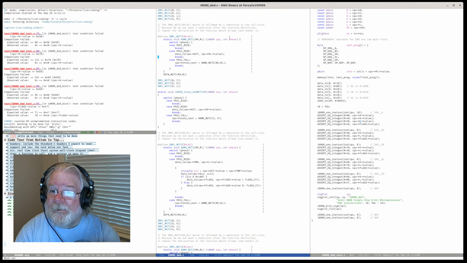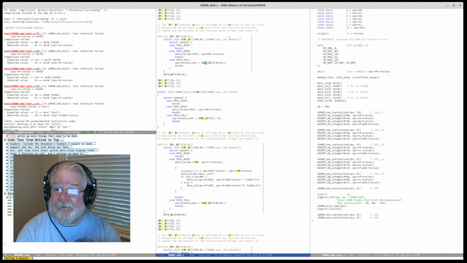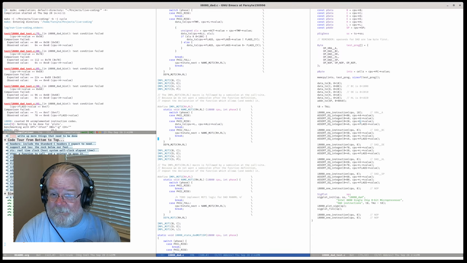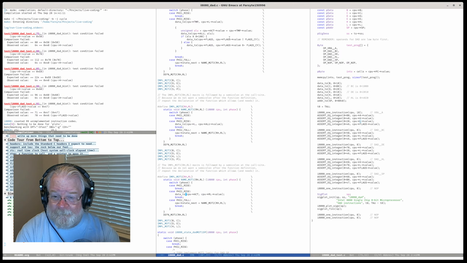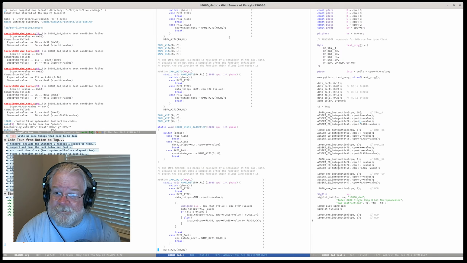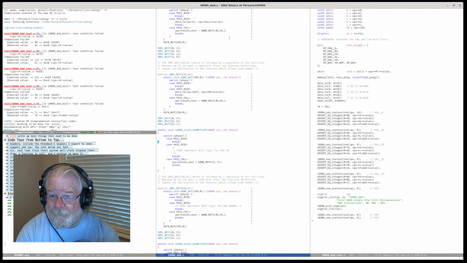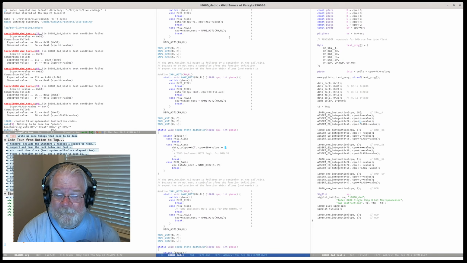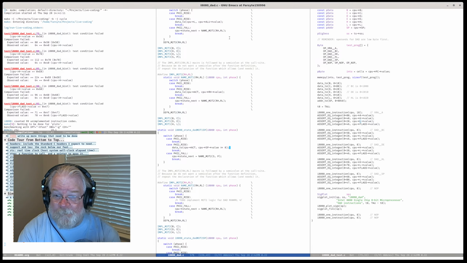So M3 T1 Phi2 rise, reload ACT from RH, which means that we need to do something special for SP. High byte of the stack pointer right there.